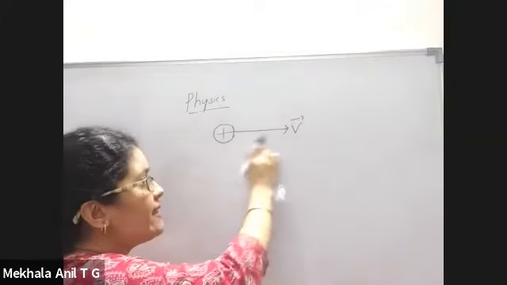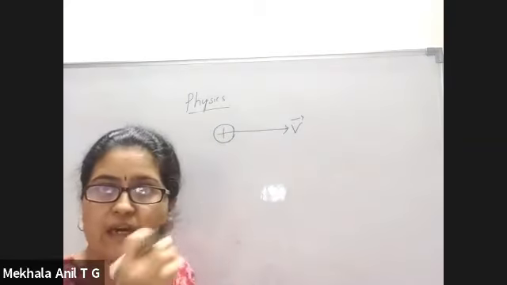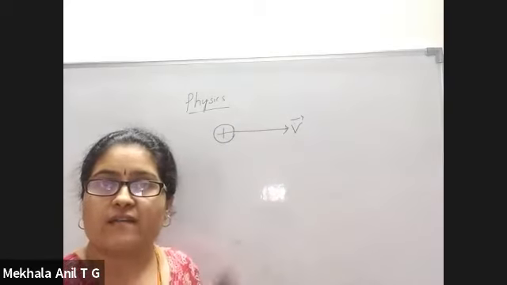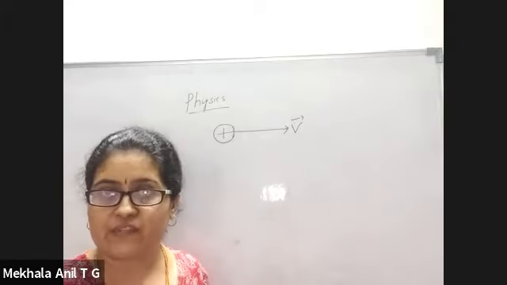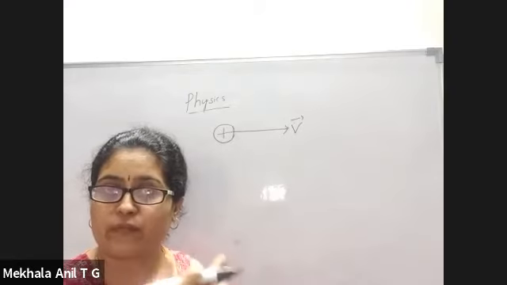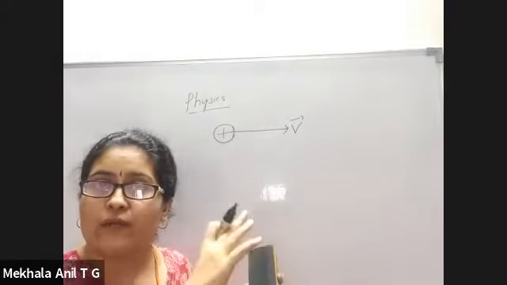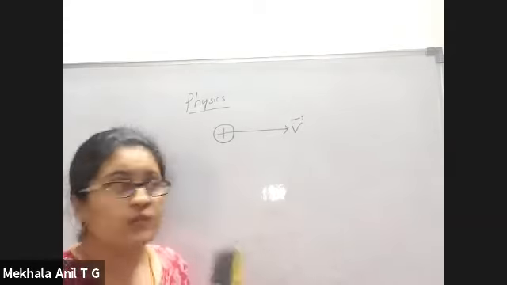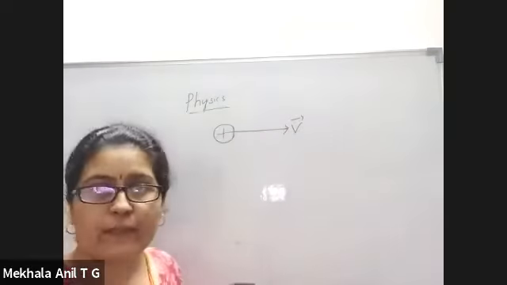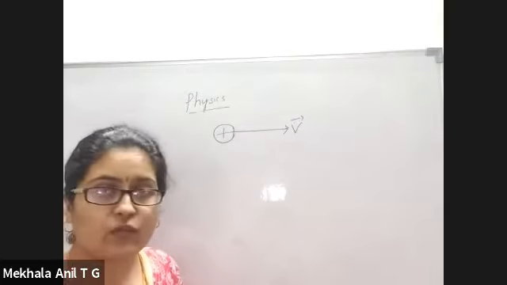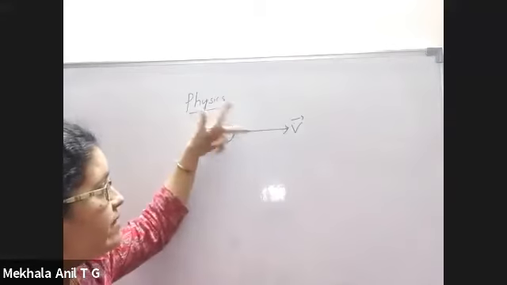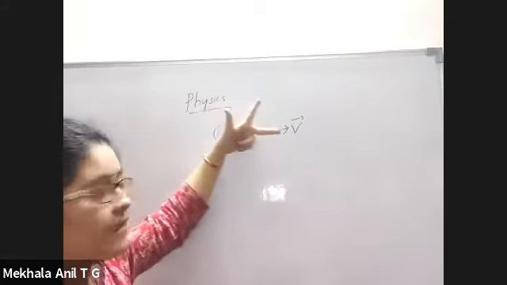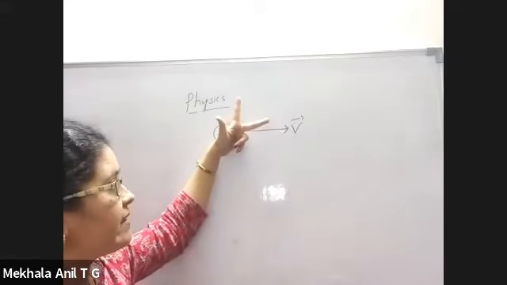Now, the moment a charge starts moving, simultaneously a magnetic field is generated, or a magnetic field induction will take place. So what will be the direction of the magnetic field induction? As you know, by Fleming's left-hand rule, if the middle finger is the direction of the velocity vector,